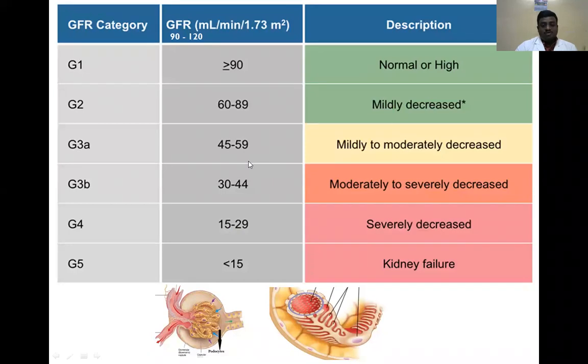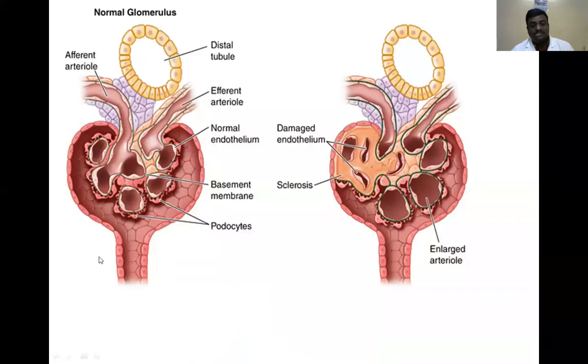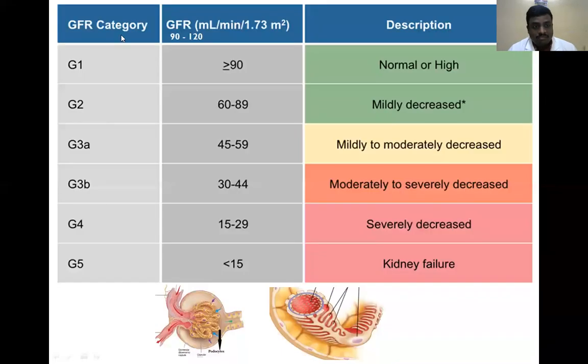This glomerular filtration rate has different categories. What are those? G1, G2, G3A, G3B, G4, G5. Nobody mentioned this category. Okay. So the normal GFR range is 90 to 120 ml per minute per 1.73 square meter of